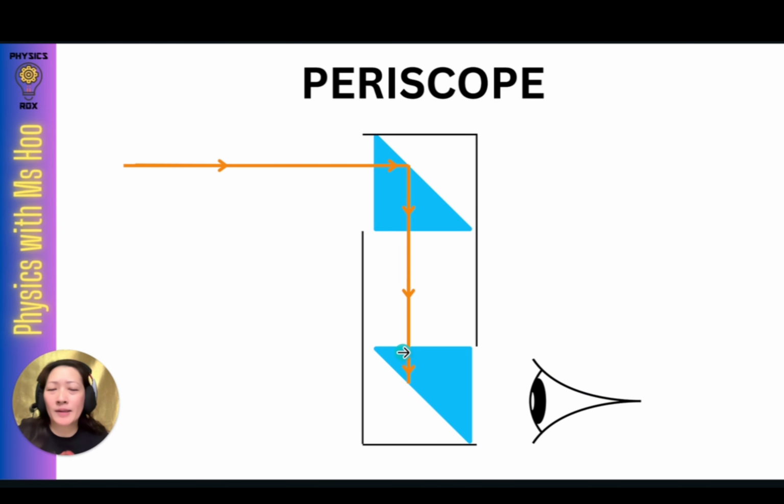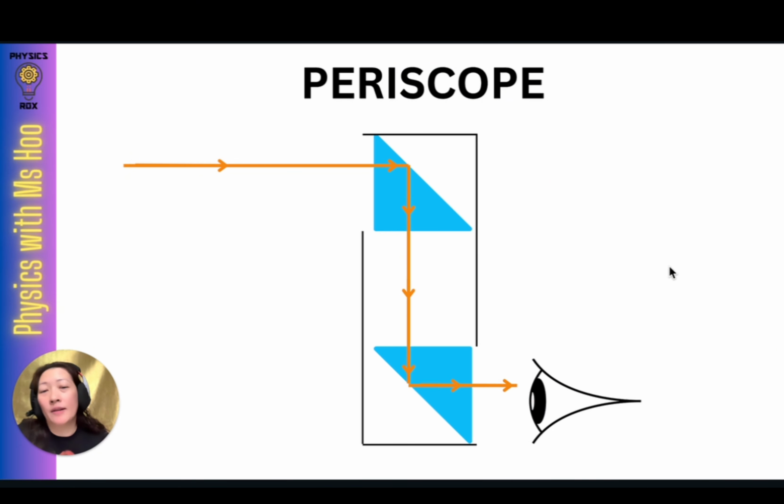Then when it exits, again it continues to travel in a straight line until it enters the other prism. And again, what happens here? Same thing. Incident angle is 0, therefore refracted angle is 0. The light ray continues to travel without a change in direction until it reaches this point. What happens here is exactly the same as what happens over here. There will be total internal reflection, and that's how the light ray is able to reach the eye of the